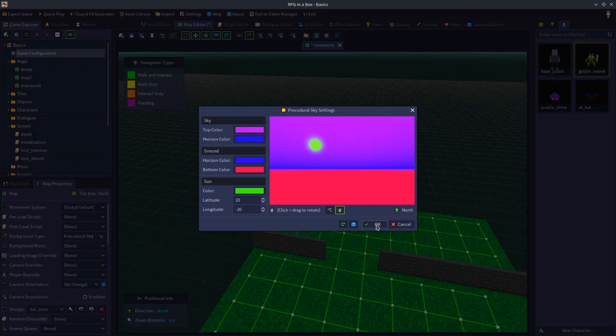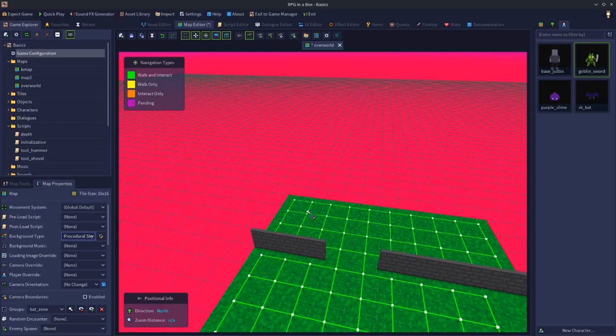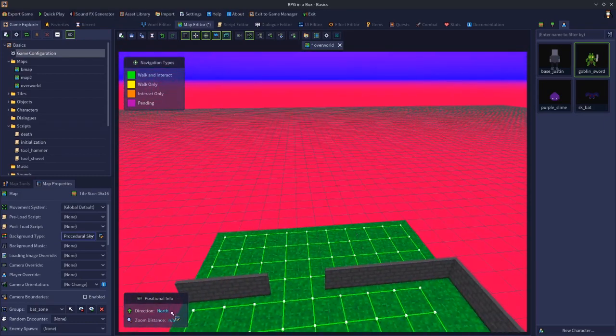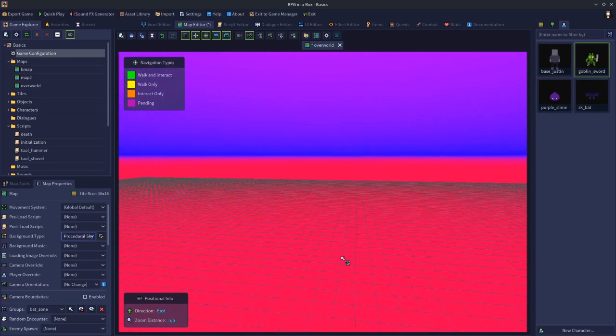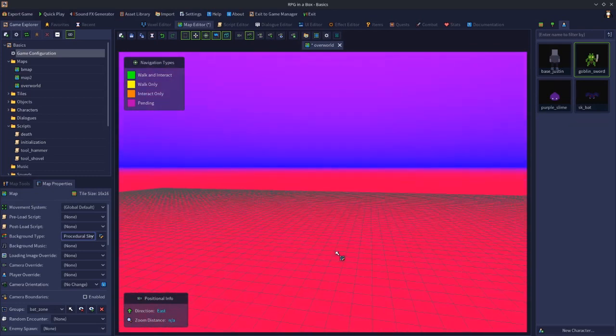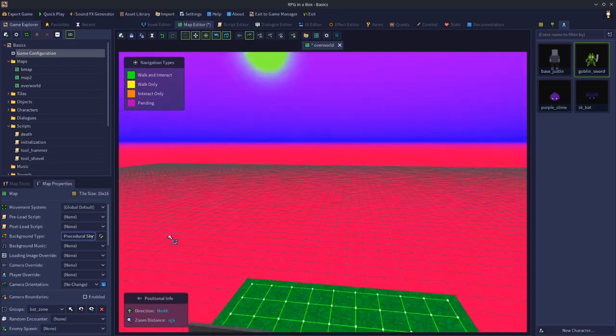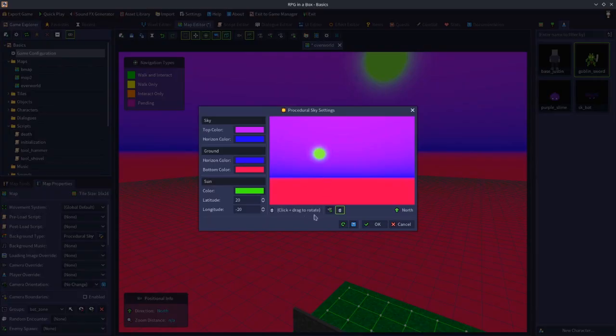So if we click OK and we apply that, now we can see our settings. If we face the camera north, we should look up and see the sun. Whereas if we rotate it east, we're not going to see the sun. So if you want the sun facing in a particular direction when you're in the map editor, make sure in the procedural sky settings that you face, for example, west, and then you apply minus 40 or something, keep going, minus 60, until you get